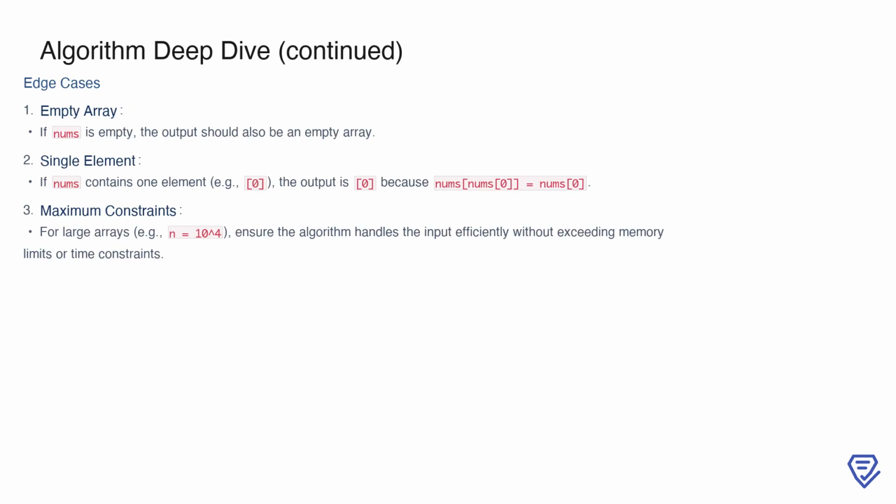Finally, let's consider some edge cases to ensure the algorithm handles all scenarios correctly. If the input array nums is empty, the output should naturally be an empty array as well. For an array with a single element, such as [0], the output will also be [0], since nums[nums[0]] simply evaluates to nums[0]. For large arrays, such as when n equals 10^4, it's important to ensure that the algorithm executes efficiently without exceeding memory or time constraints. By adhering to the O(n) time and space complexities, this approach is well suited for handling even the maximum constraints